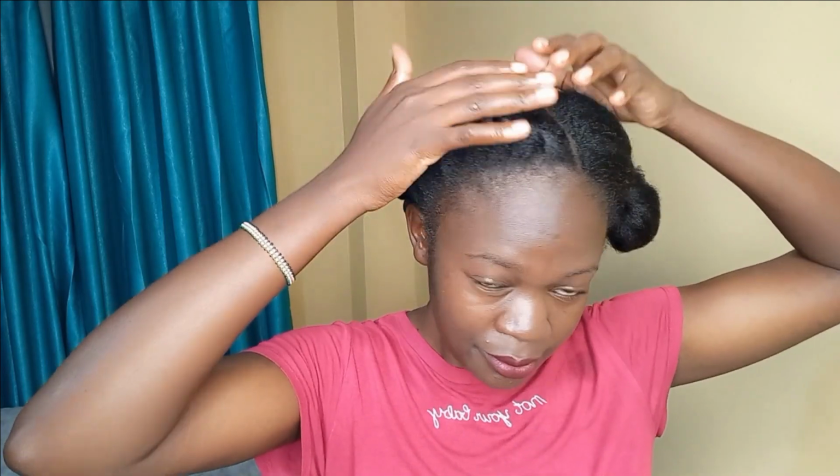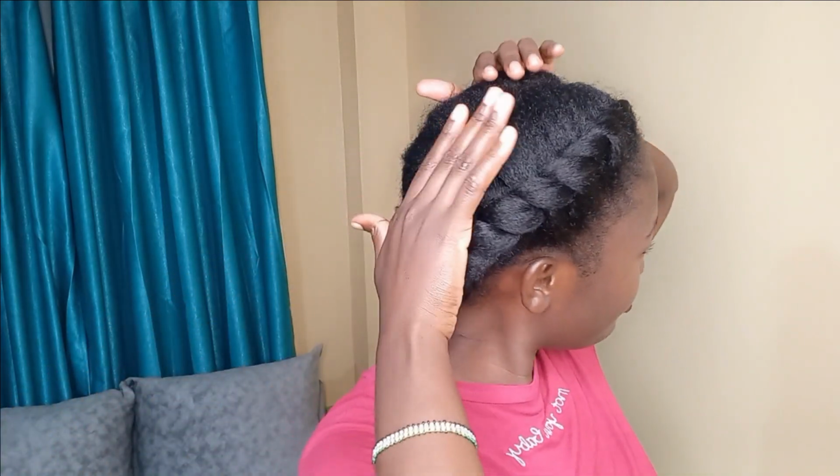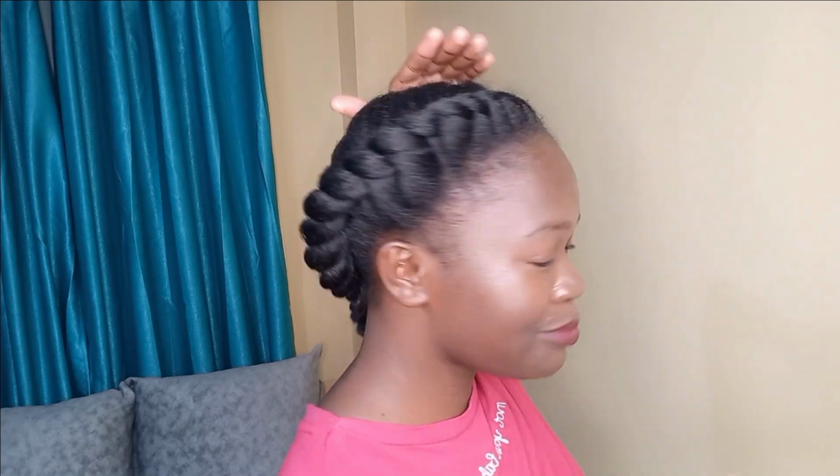Yeah, so now I have a uniform chunky flat twist, and I'm done with this side. So this is how it looks. See, it's very neat. It comes with a lot of practice. Yes. So anyway,